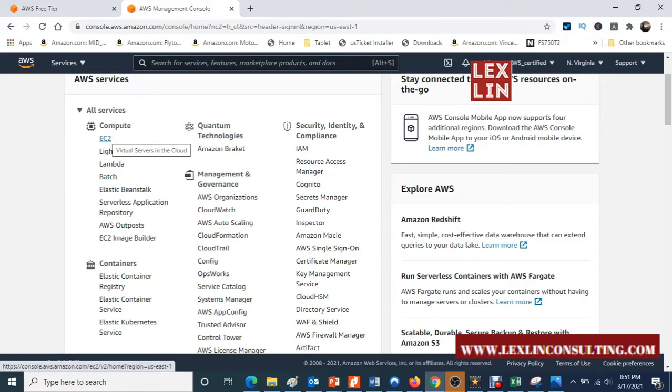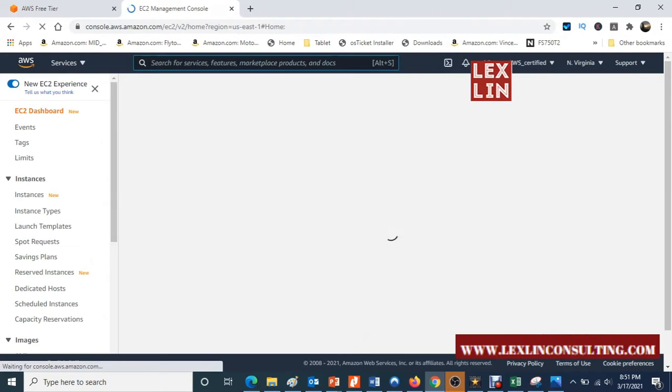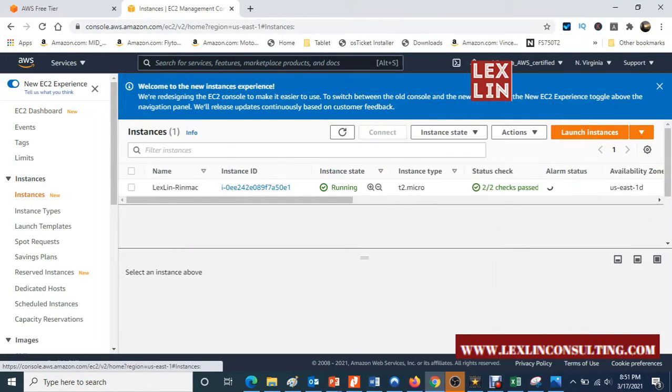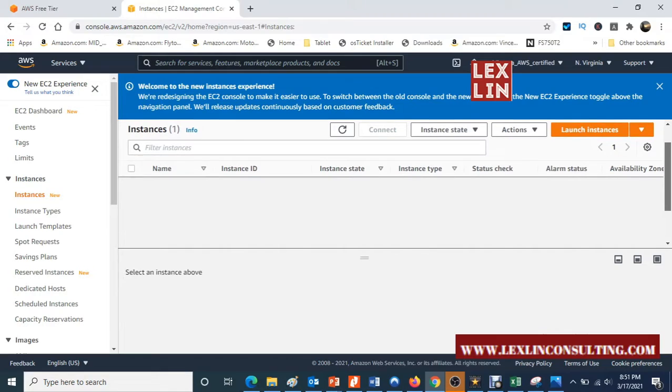EC2. So let's go ahead and just do a quick browse through. EC2 is where I want to go when I want to create my virtual machine. Say for instance, I want to create a terminal server that people can log into, and I can choose what kind of services I want. This is where I would come to create them.